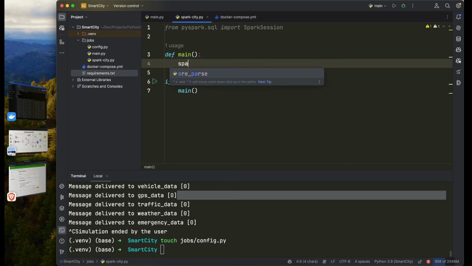So in the main, we have a spark, which is going to be getting data from SparkSession. And we have SparkSession.builder. So in our builder, we're going to have an app name. In this case, the app name is going to be smart